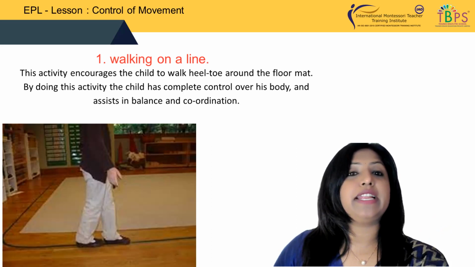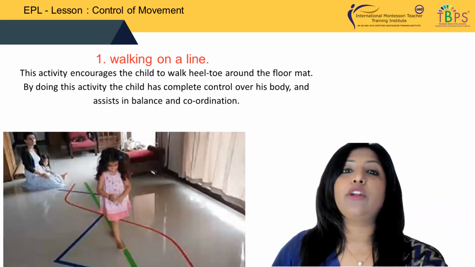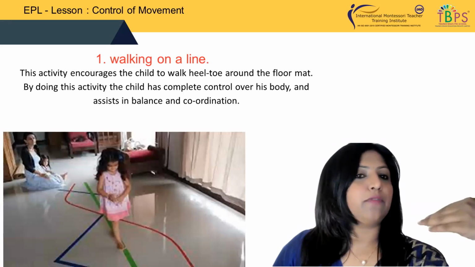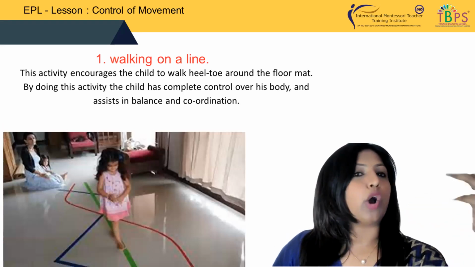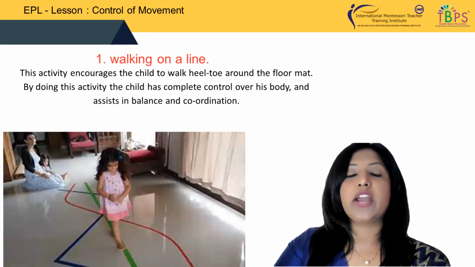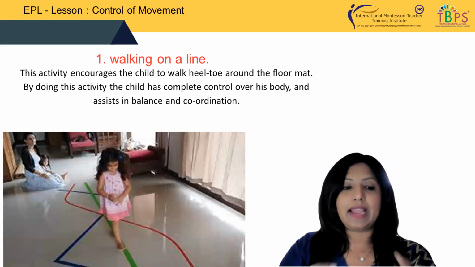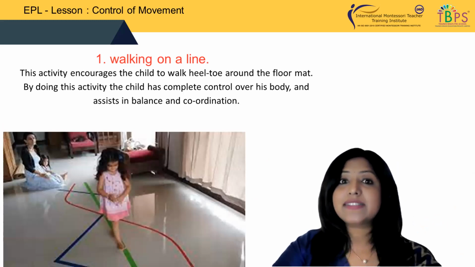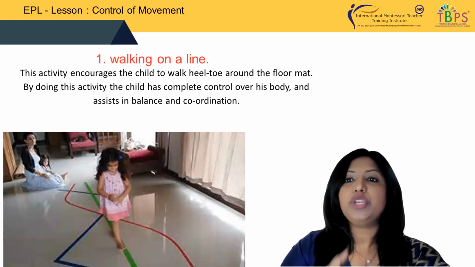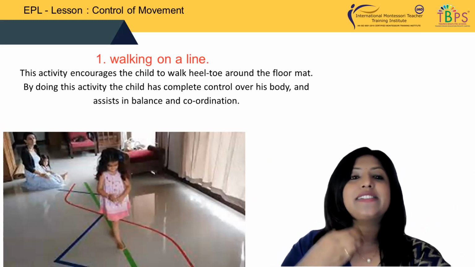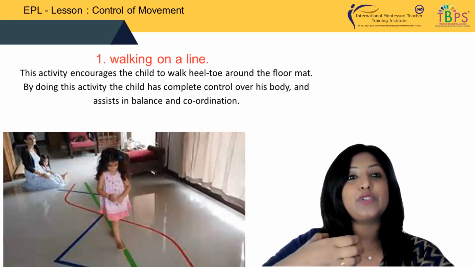The moment you feel confident that yes, this boy and girl is able to do that, I add complex lines to them. I can say walk on a straight line, walk on a curved line, walk on a zigzag line, walk with objects on the floor, walk with two objects on your hands, walk with an object on your head, carry a tray and start walking. I'll give them a glass full of water and ask them to walk. So what happens there? Every time you add on a new complex thing, the child starts to take control. Now you're not controlling, the child starts to take control.